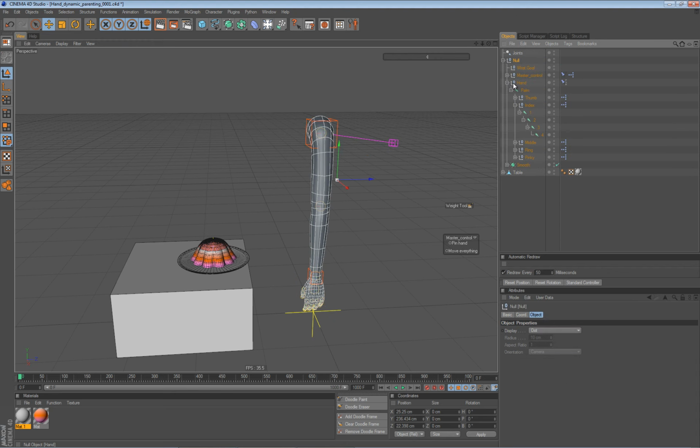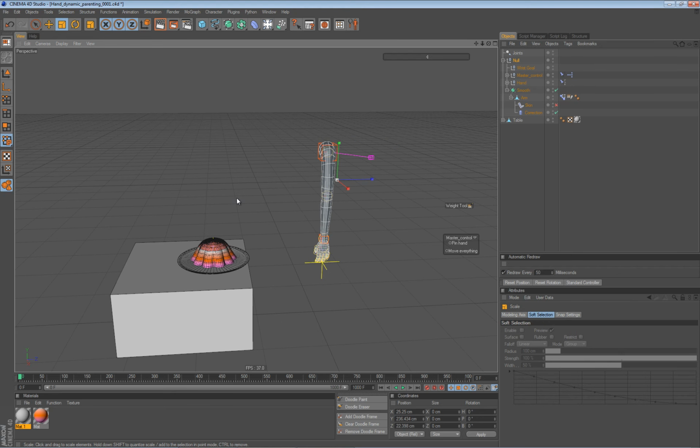You would have to turn off the skin deformer for your mesh, completely turn it off. And now you have to scale with this object tool, because Cinema 4D by default does everything with the model tool, and this object tool is really, let's say, to keep it simple, it will scale the axis of your object also. So select the object tool, now scale this down or upwards, any way you need it,